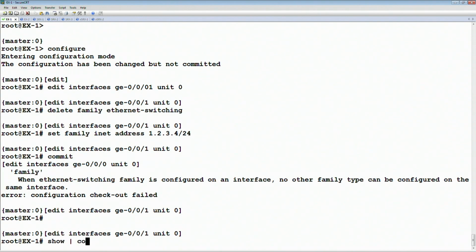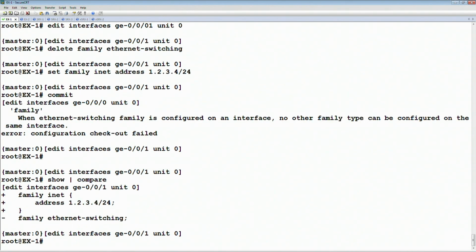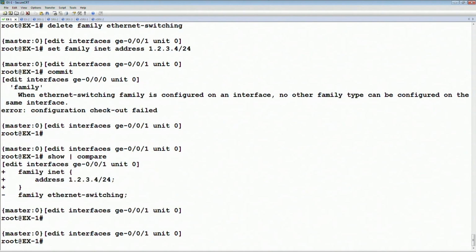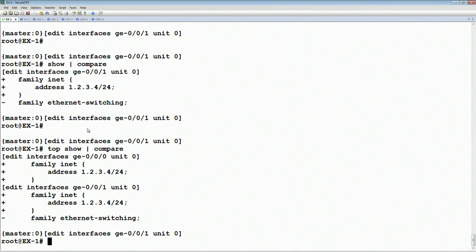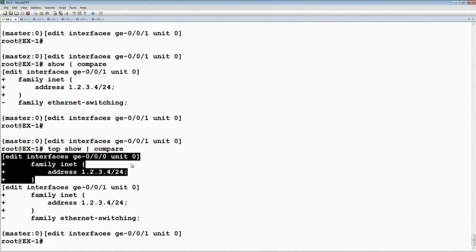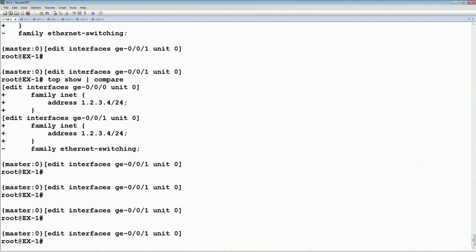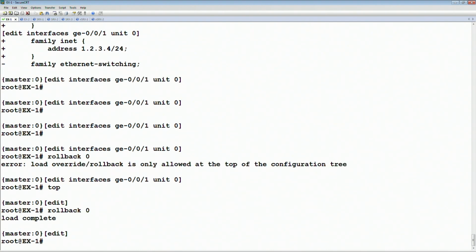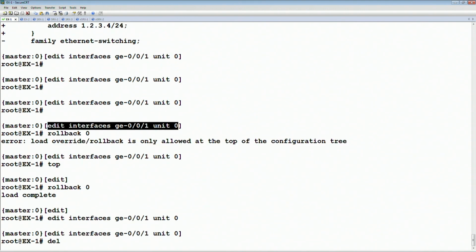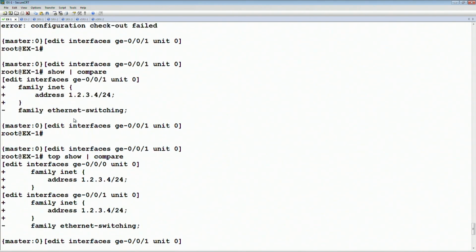Let's say show | compare. Actually, top, show | compare. I think there's some old config from before, which was that config there. So actually, let me delete those. Let's say rollback 0. Okay, that's deleting. I need to go to top. Top, then rollback 0. That's aborting the config. Then I'm going to do what I did before, which is to edit that interface, delete family ethernet-switching, and then set